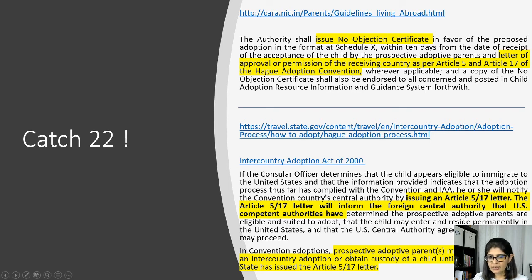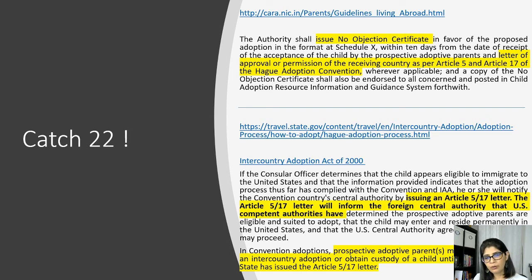Even on the US side, it's very well published that because the USA follows the Intercountry Adoption Act of 2000, they will issue a letter, the Article 517 letter, and this will inform the Foreign Central Authority that US competent authorities have determined the PAPs are eligible and suited to adopt. So the US has to give this letter to CARA in order for you to gain the legal custody of